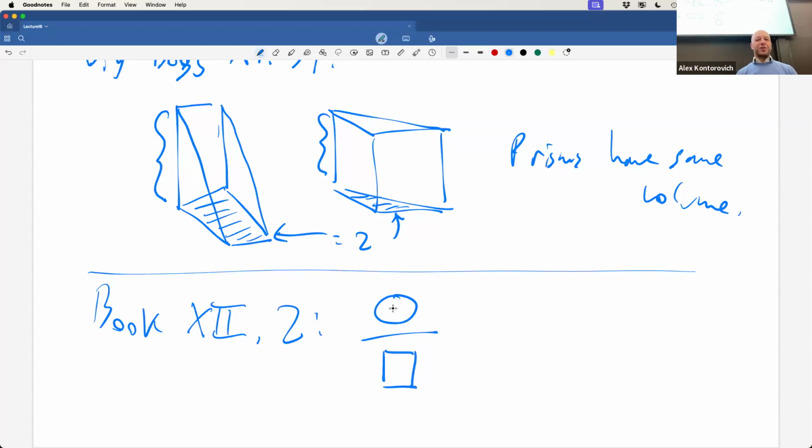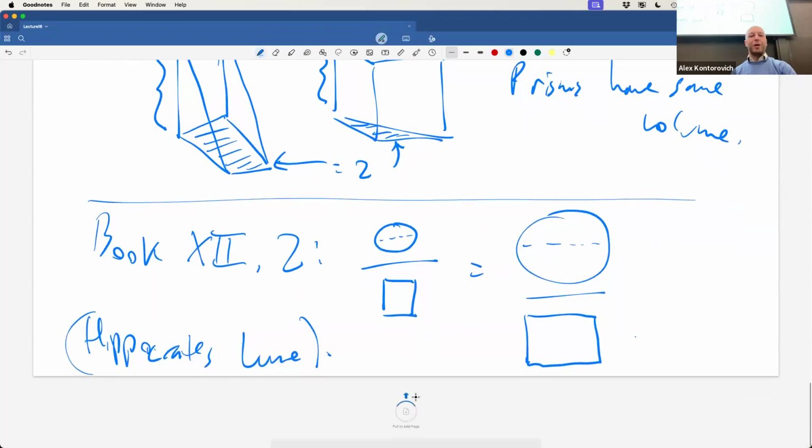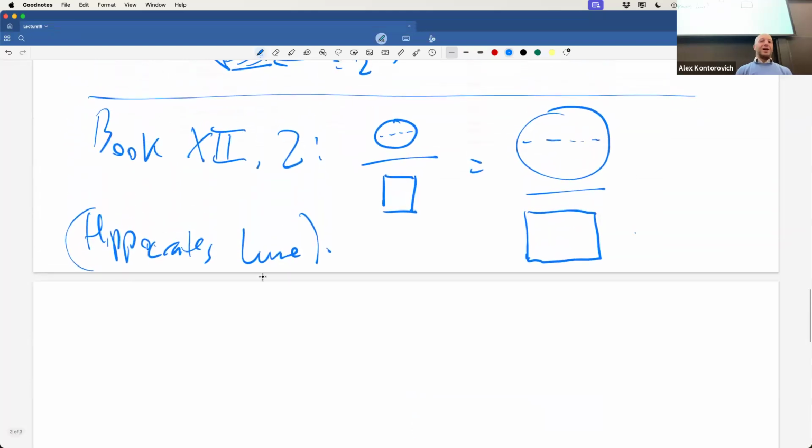So the ratio of the area of a circle to a square on its diameter is the same as some other circle relative to the square on its diameter. Did we ever need that? When? Okay. Yes. Quadrature of the lune. Yeah, Hippocrates needed this for the quadrature of the lune. I mentioned that it's not clear if Hippocrates actually knew how to prove this properly, but here it is in book 12, proposition 2.